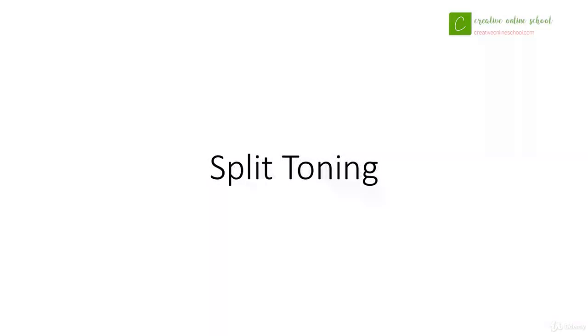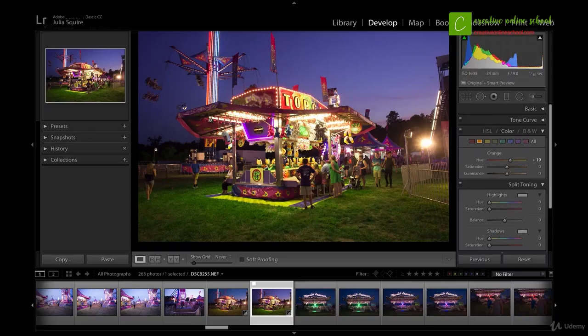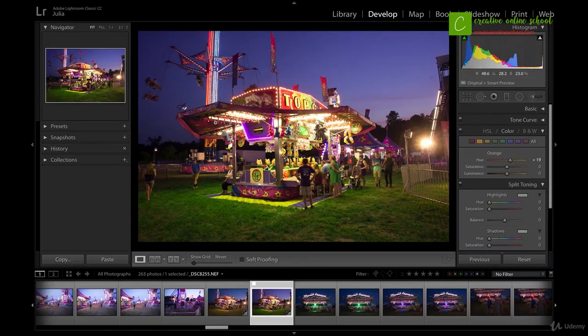Now that we've gone over all of the HSL tools, let's talk about split toning for a bit. These settings are in the pane below the HSL pane. This tool allows you to change the colors of the shadows and highlights of an image. If you want to change the hue of your picture's highlights, you have a few options. The best way to start is by moving the saturation slider so you can get a better view of the